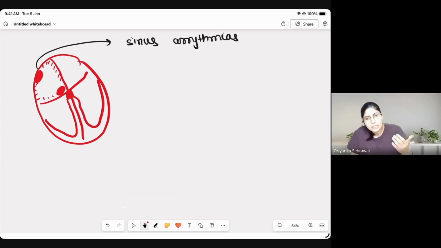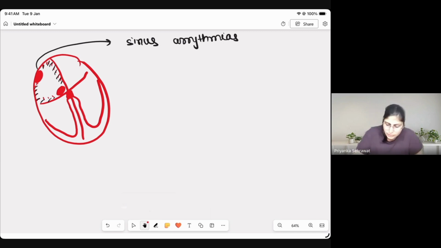It can be tachyarrhythmia, it can be bradyarrhythmia. Tachyarrhythmias where SA node is firing more than required. Bradyarrhythmias where SA node is firing less than required, or it is underdriving the heart. Okay, it is firing at a slower rate. Now, the second one is our atrial muscles. If our atrial muscles are not contracting in synchrony, or there is a re-entrant pathway, right?